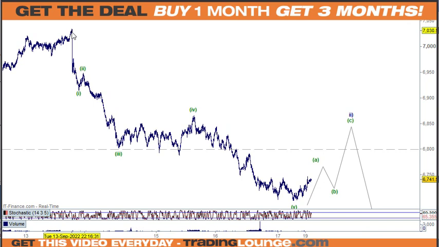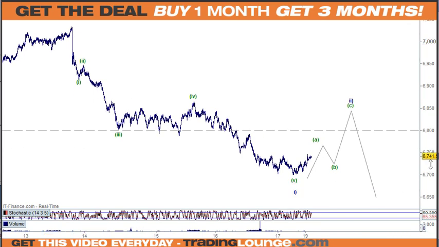On the 50k tick chart coming in here, this is how I've counted it. I think we talked about this last week, unless I've done it in the off hours, I can't remember. 1 and 2 and 3 here, and looking at all of this as wave 4, and then down for wave 5 as 1, and then ABC back for 2. So we could be in it for that.